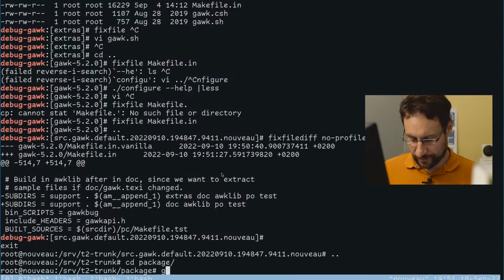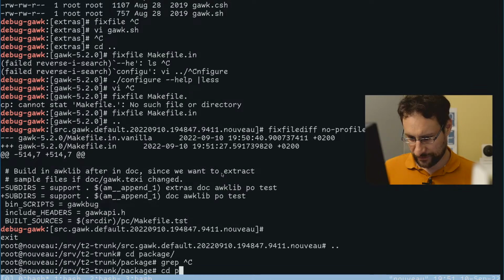What did I name this previously? I think some other... Was it not GNU.org? I would have thought it was GNU.org.